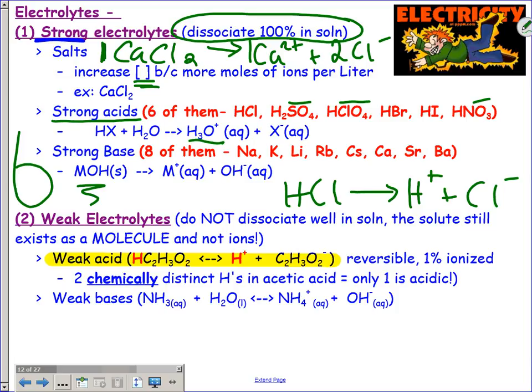So they chemically are different because whereas maybe